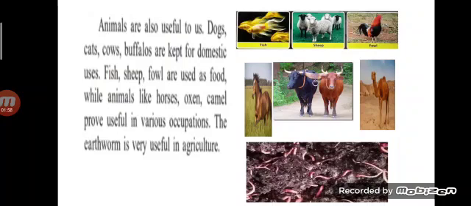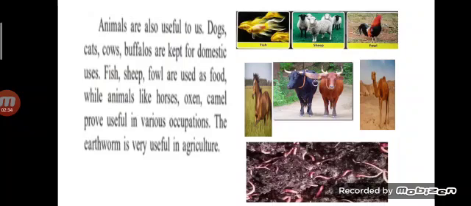Now, fish, sheep, and fowl, that is all the birds, that is hen and ducks, are used as food, while animals like horses, oxen, and camels prove useful in various occupations. That is, they help us carry loads and help us with transportation. Even the earthworm is very useful in agriculture. We know that the earthworm makes the soil loose and so it helps the farmers in plowing their field,